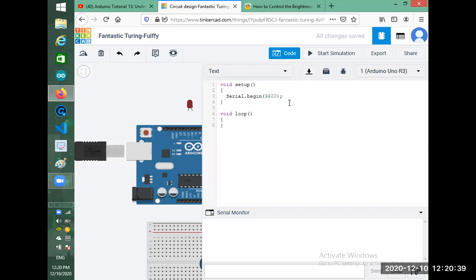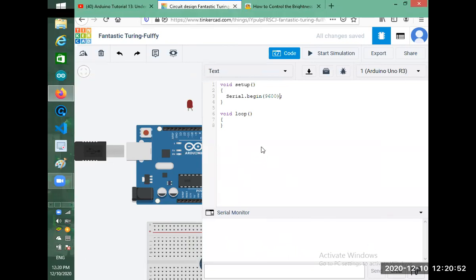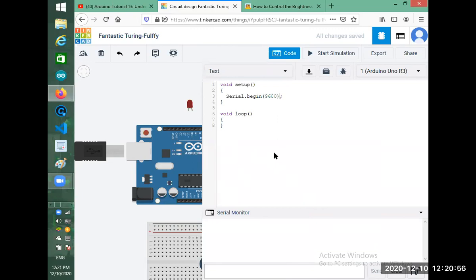The same way, the Arduino coding block and this screen, if they don't work at the same speed, it will not work. So we say Serial.begin, meaning serial, please begin. And what speed do you need to begin? You need to begin at 9600. We have started and we have given the speed.